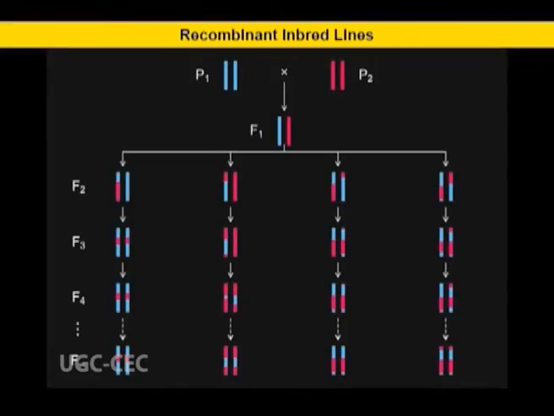The next is recombinant inbred lines, or RIL. Recombinant inbred lines are developed by single seed selections from individual plants of an F2 population. Because of this procedure, these lines are also called F2 derived lines. Single seed descent is repeated for several generations. At this point, all of the seed from an individual plant is bulked.